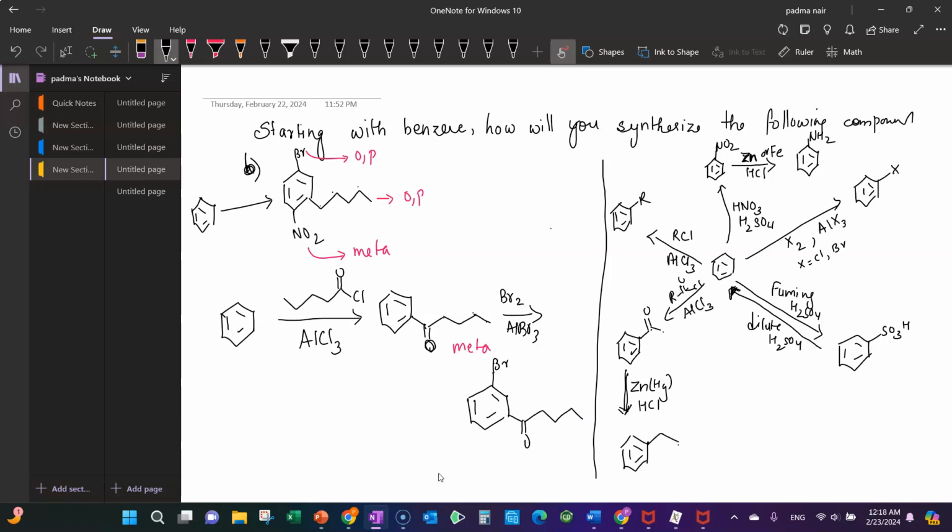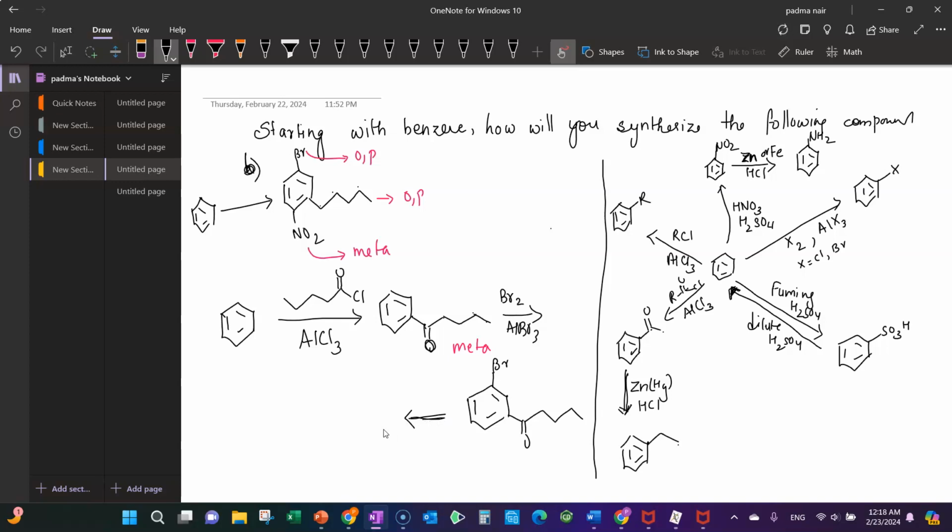Okay, all right. Now, what should be my next step? Because I have yet to place the NO2, right? So if I take HNO3 and H2SO4, which is what is needed for NO2, then it can either go ortho or para with respect to Br, right? So in order for